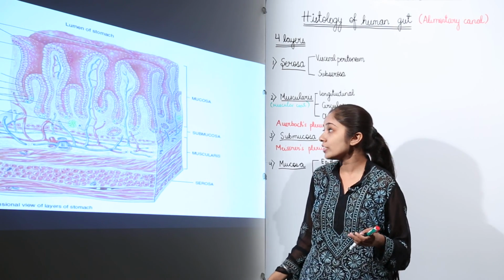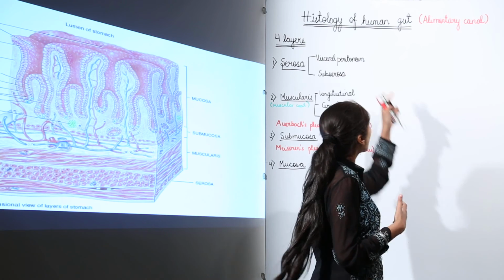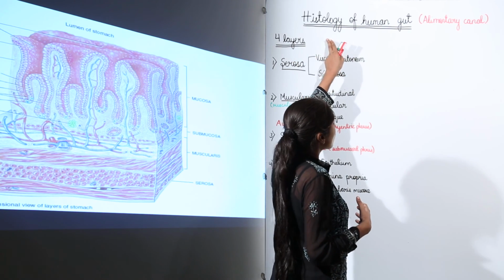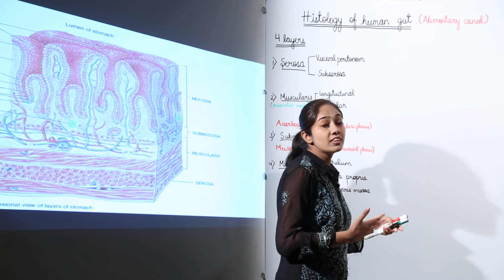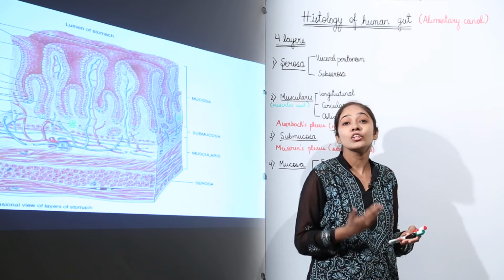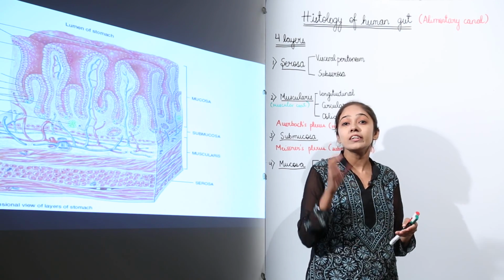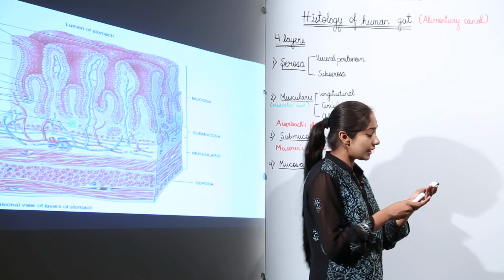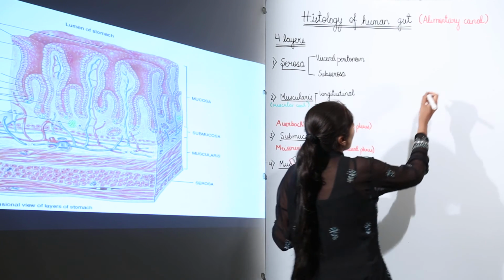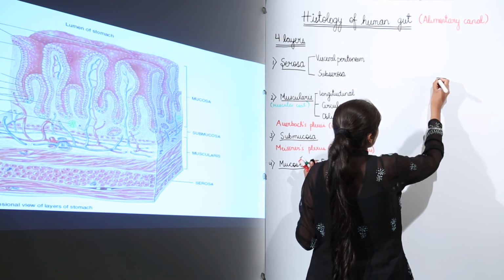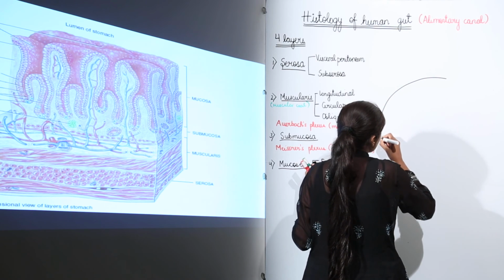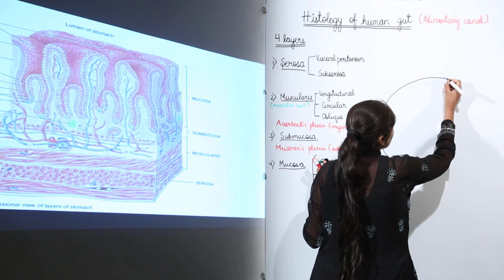Now we will be actually drawing the 4 layers, or you can say the histology of the human gut, or we will be drawing the transverse section of the human gut. We are going to draw the transverse section of the human gut. Let's start with this. Well, as you know, the first layer, you can draw a circle like this,